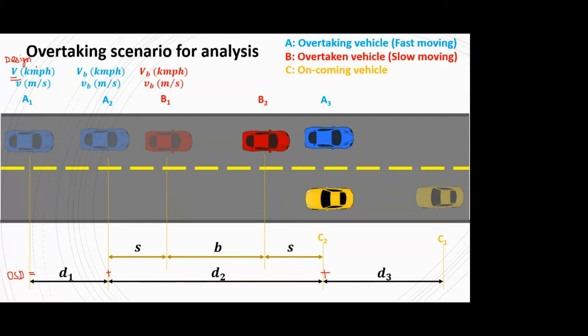So from 0 to 100 kmph, any vehicle, even if I consider these three vehicles, they can be traveling at any speed from 0 to 100. But for analysis purposes, we can't just randomly select any value. We can't randomly select that, okay, B is traveling at 30 kmph, A is traveling at 80 kmph, and C is traveling at 70 kmph. We can't randomize it. We have to find a generalized formula.